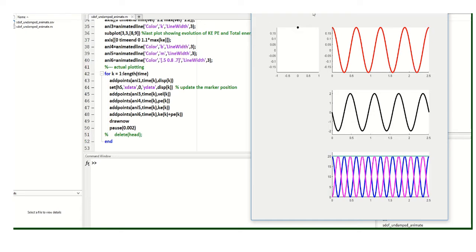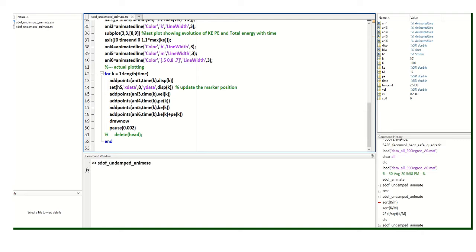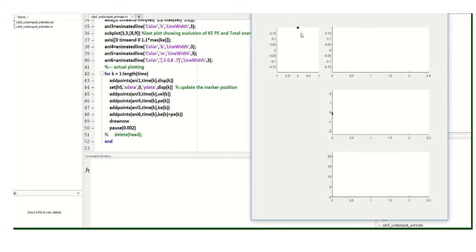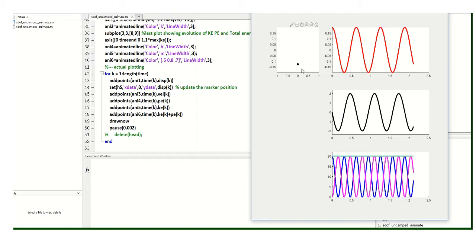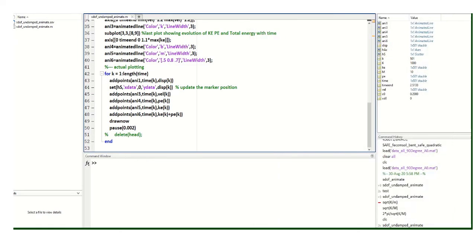Okay, so let me run this once again, so you'll be able to see how exactly it evolves. So let's try to see. Okay, this mass block is at this extremity, and went over here again to that extremity. So it shuttles, right? Good. Now we'll once again see it, and I want you to observe one thing.